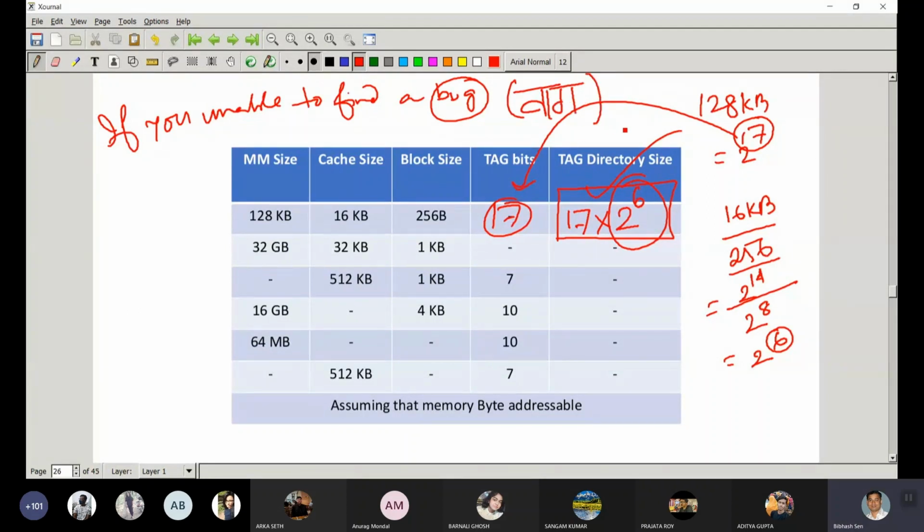It is written in Hindi, it is a bug. हिंदी में इसको क्या कहोगे तुम? बाघ. ठीक है. So हिंदी में बाघ है तो इस बाघ को बंगाली में भी BUG को स्पेलिंग बाघ बोलते हैं. ठीक है. If you are unable to find a bug at early stage,